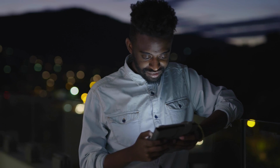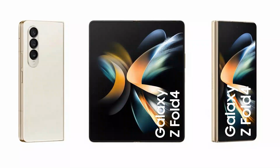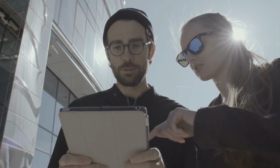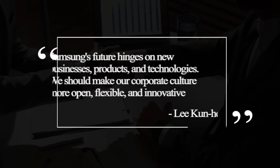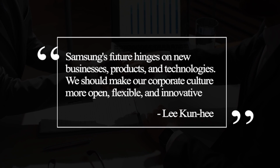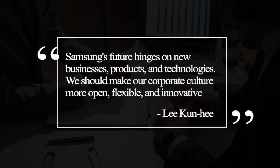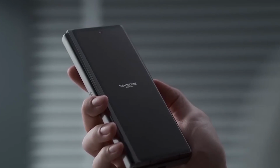The widely anticipated iteration of Samsung's premier foldable phone, the Galaxy Z Fold 4, is almost here. And like you, we can't wait to see what Samsung has in store for us. As Lee Kun-hee says, Samsung's future hinges on new businesses, products, and technologies. We should make our corporate culture more open, flexible, and innovative. Since we can't wait, let's take a look at what we know so far about the Samsung Galaxy Z Fold